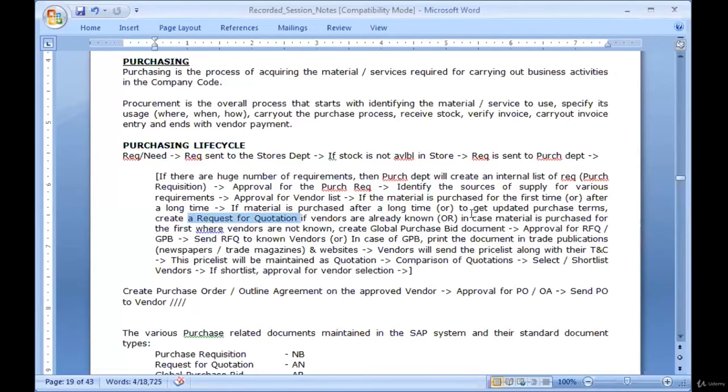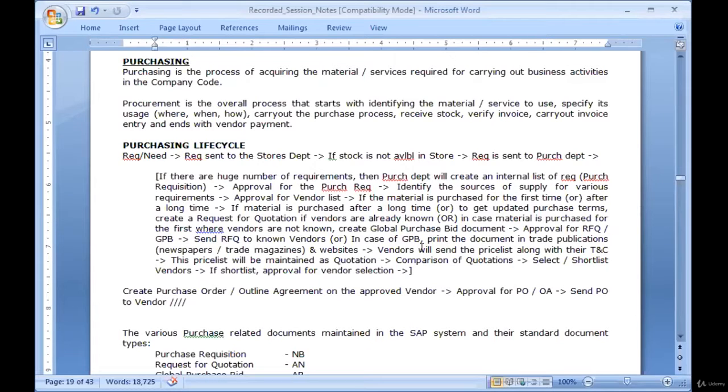Or in case material is purchased for the first time where the vendors are not known, they create a different document called global purchase bid document. So whether it's RFQ or GPB, they get the approval, send the RFQ to known vendors, or in case of GPB, print the document on websites or trade publications, that's your newspapers or trade magazines.